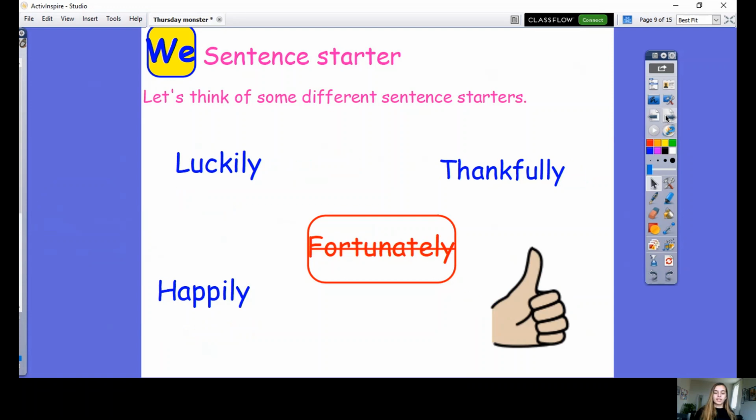Okay, so you've done your sentence starters. The next thing that we're going to change is our other sentence starter. So after Jack has seen the giant is when we have, fortunately, clever Jack grabs the expensive hen. So other words for fortunately. So it's our mood, our feeling. How are we feeling? Because Jack has made such a clever idea with really positive words. So we've got luckily, happily, thankfully. So here I'm going to write down on my vocabulary list different ideas for my sentence starter, thinking how grateful we are that Jack created a different idea.